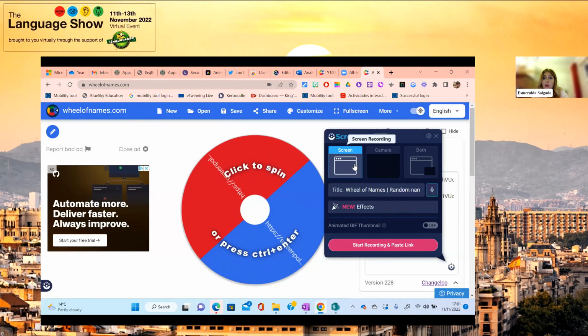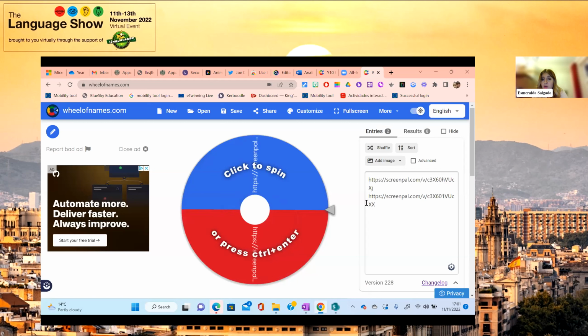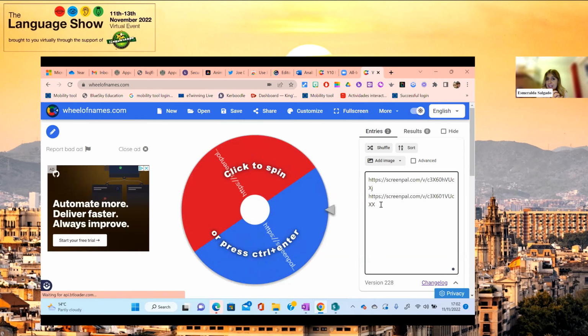You also can record the screen and then you're talking on top, or you can have both as well. Okay, once you're happy with it, you start your recording and you finish it, and then automatically it will create this URL. As simple as that. Then you create another one, and they will start creating automatically for you. And the same thing, it will create very nicely into your emails.